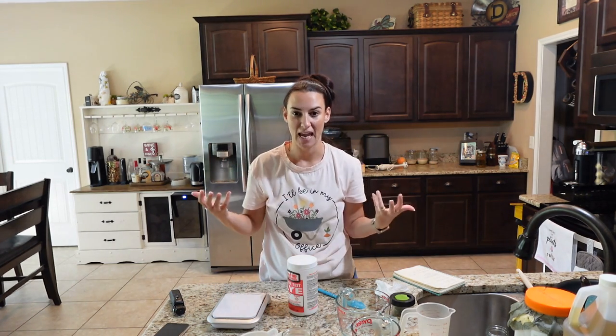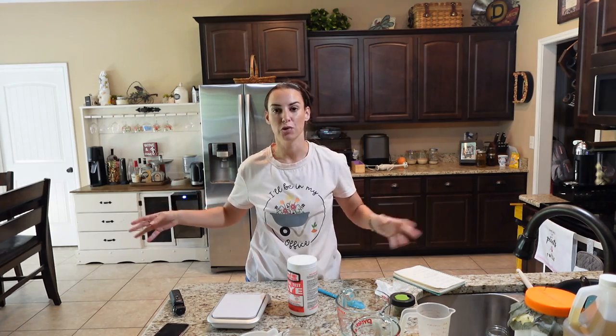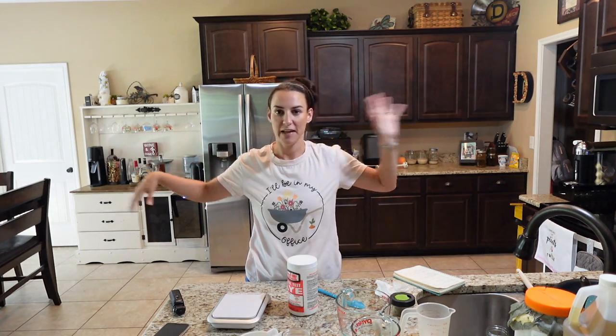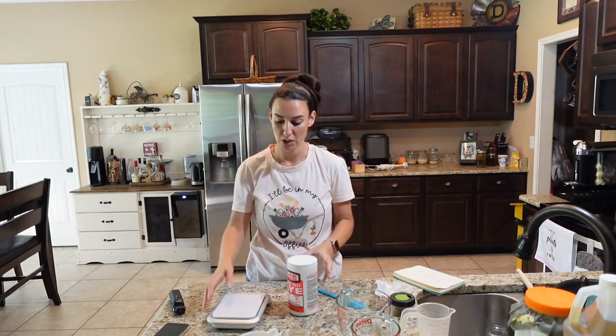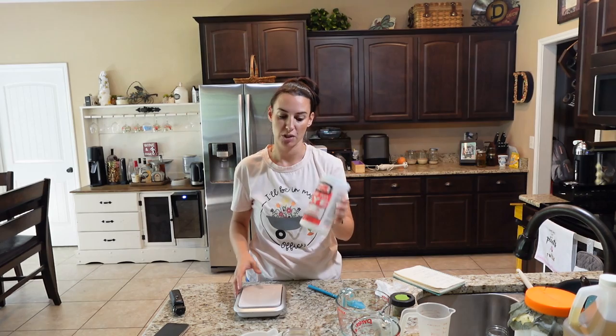kind of lets off this gas that if you inhale it, not great for your lungs. So you need to do it in a well-ventilated open room, or even outside or near an open window. I have a very open space here, fan going and everything, so I feel comfortable to do this right here in my kitchen. But if you're doing this for the first time, make sure that you use precaution when working